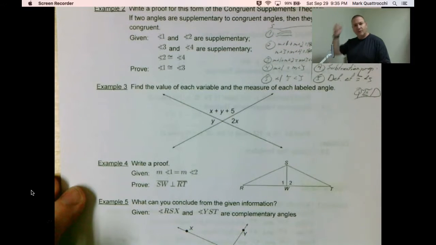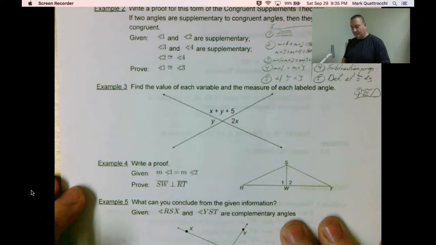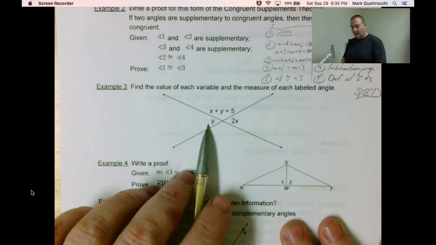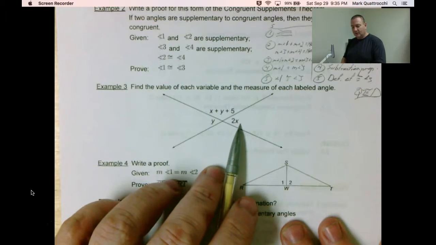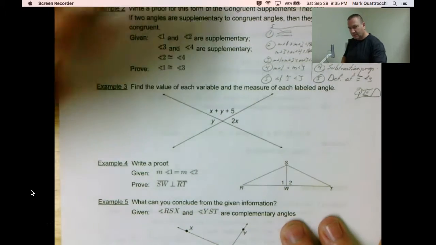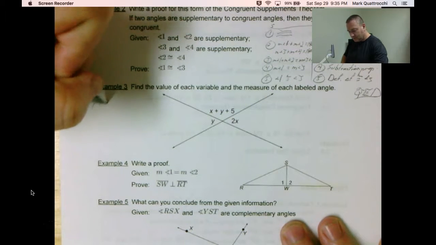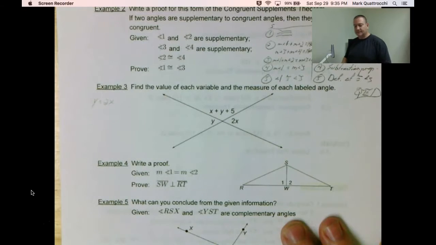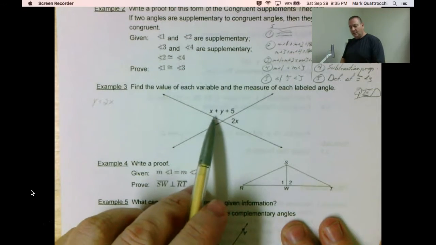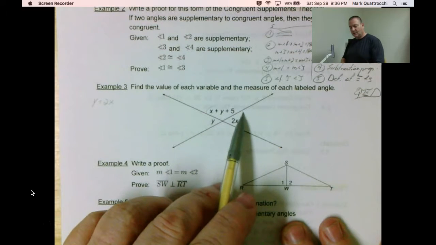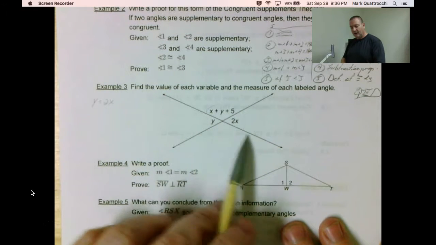Okay, find the value of each variable and the measure of each labeled angle. Looking at this diagram, what do we know? Angle y and angle 2x are vertical angles. According to the vertical angles theorem, they are equal to each other. So y equals 2x. If I look here, this angle plus this angle add up to give me a straight